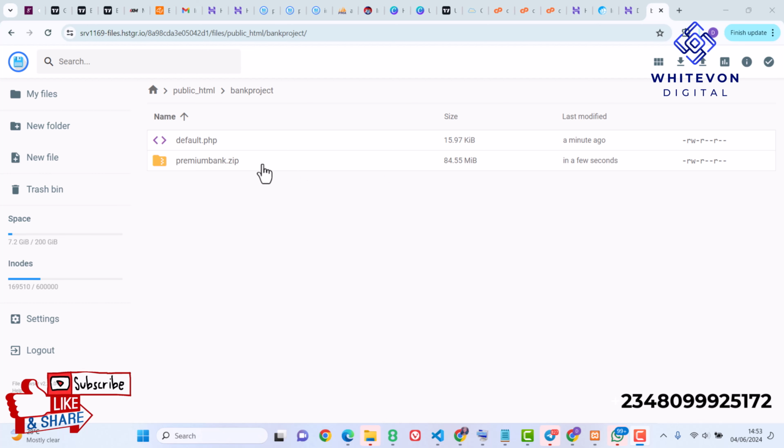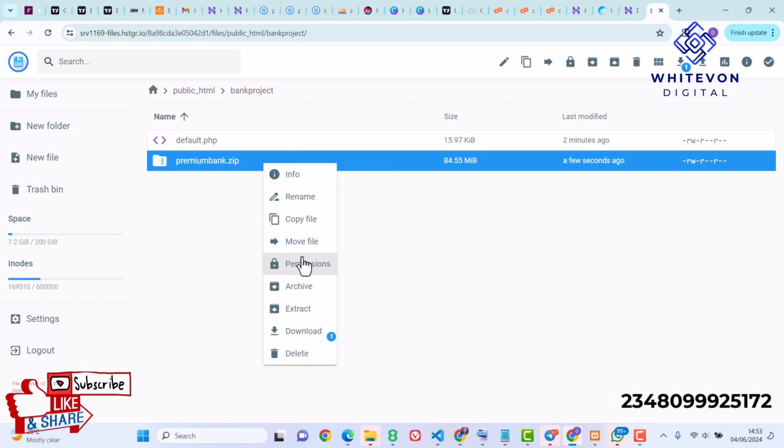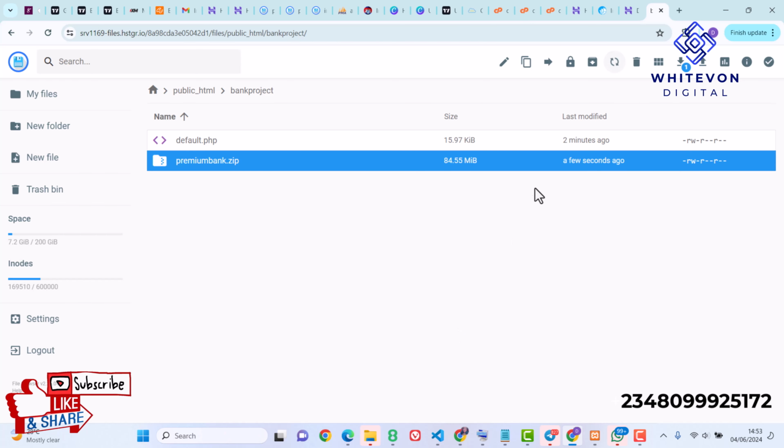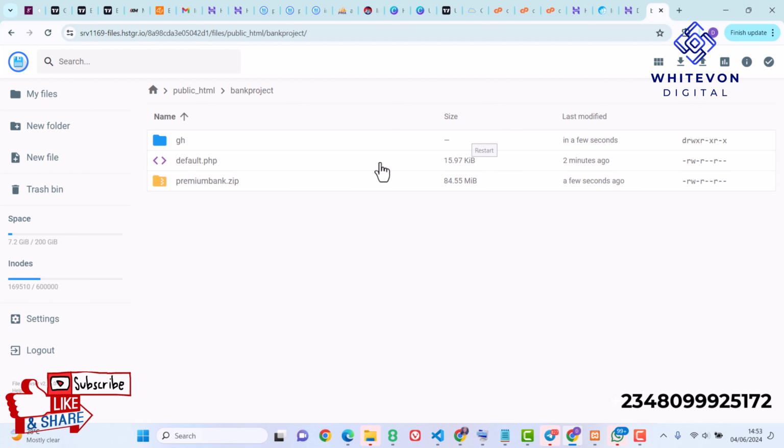The next thing I'm going to do is to extract the scripts. So I'll just go ahead and create a dummy folder and extract the script in this folder, guys. So we should have the script extracted in that folder. I'm going to open the folder and then move all the files to this main directory,